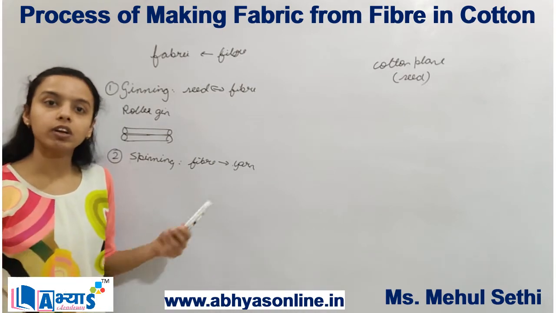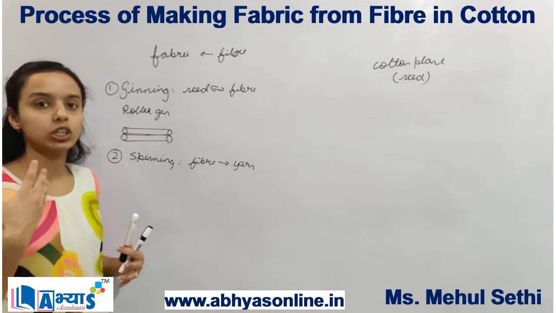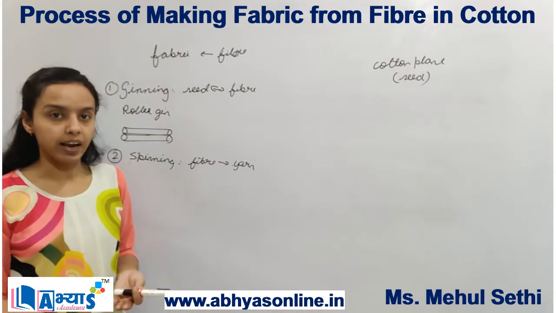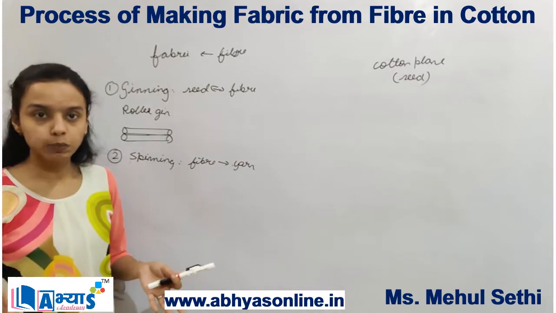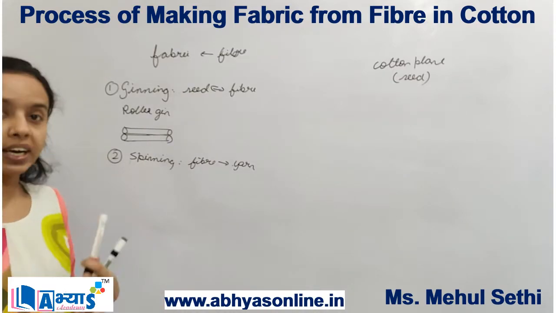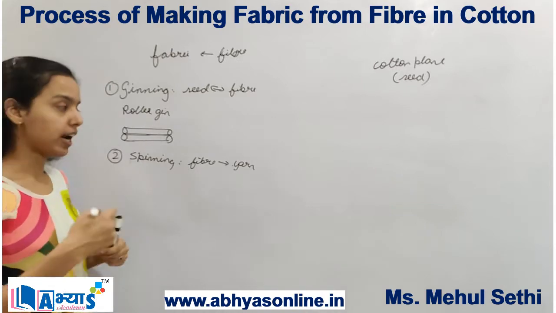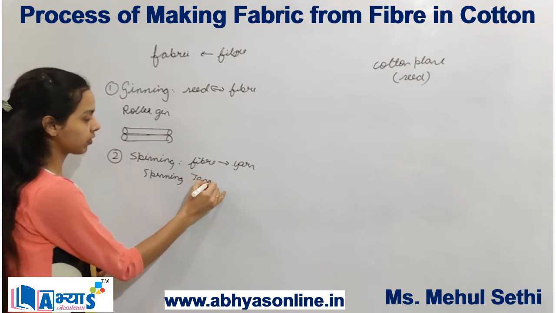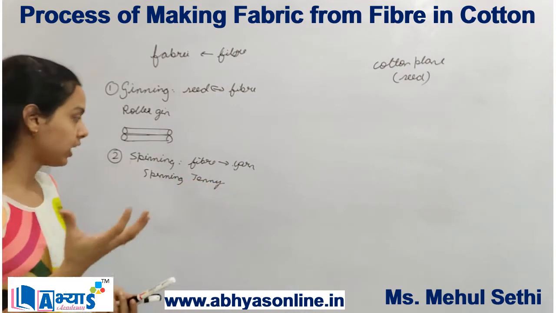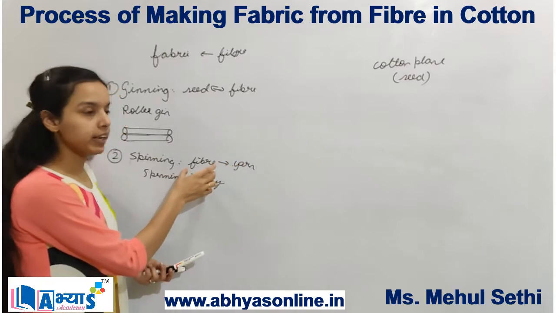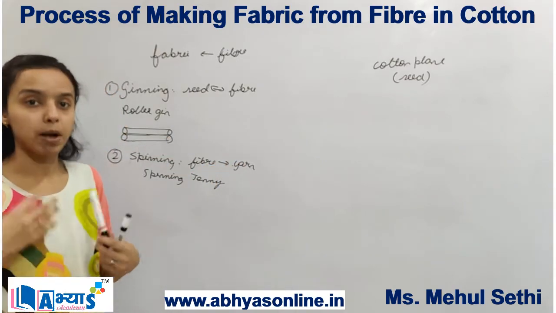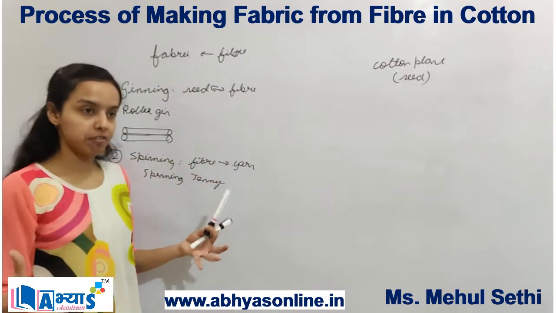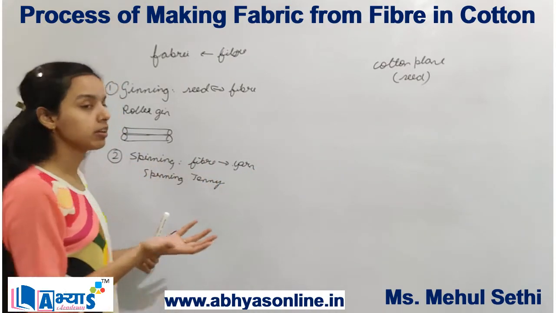When spinning is done on a very small scale by small weavers, they generally do it by hand. When we have to do large scale spinning, we cannot do it by hand because it is a very lengthy process, so we have a machine known as the spinning jenny. Now that the yarn has been obtained from fiber, we are ready to make a fabric, because fiber is combined together to form yarn, and different yarns combined together form a fabric.